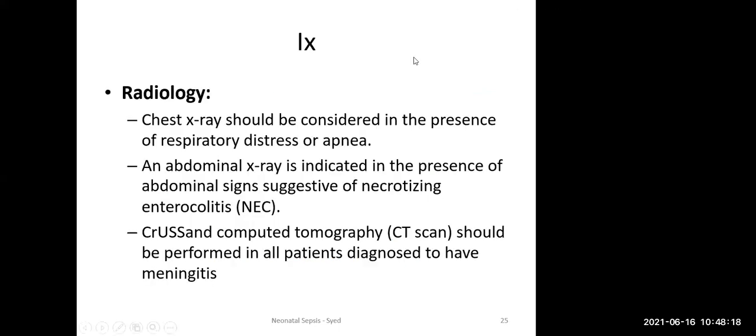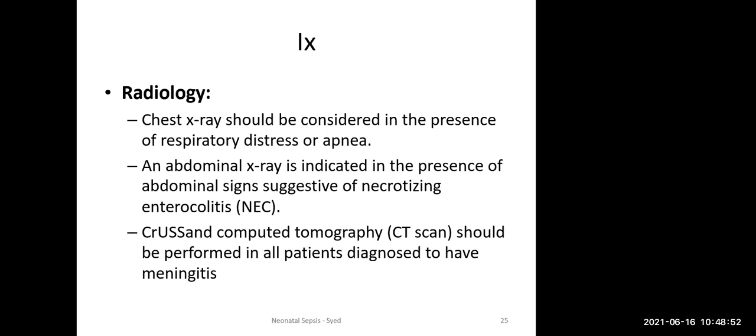Radiology, okay, again, chest X-ray in early onset sepsis. Because sometimes baby with pneumonia, they may not present with tachypnea or respiratory distress. Sometimes they present with bradypnea, sometimes they can present with apnea, or even they can present with lethargy. Okay, may not have respiratory signs. Tapi chest X-ray is indicated. Okay? Chest X-ray is very important. Especially kalau ada respiratory features, then you kena ambil buat chest X-ray. Kalau tak ada, then it's okay lah, it doesn't matter.